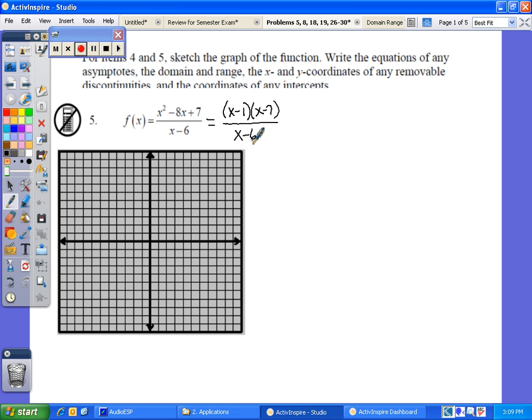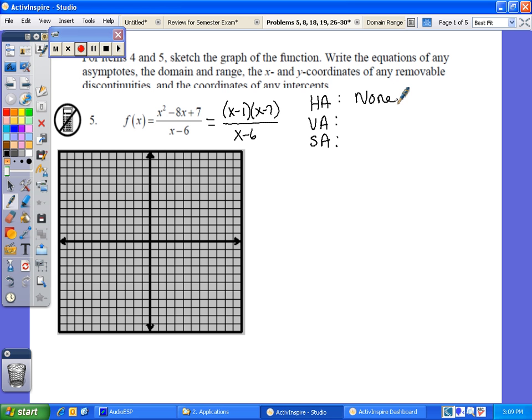So I'm going to start my list with identifying any asymptotes. I'm going to take a look at a horizontal asymptote, vertical asymptote, and a slant asymptote. When do you have a horizontal asymptote? Well, you have a horizontal asymptote when the degree at the top is equal to or smaller than the degree at the bottom. Oops, that's not the case. You have the degree at the top bigger than the degree at the bottom. And in that case, we have